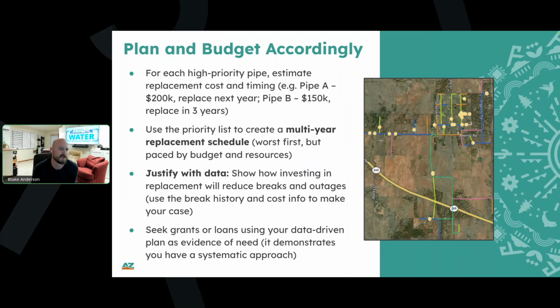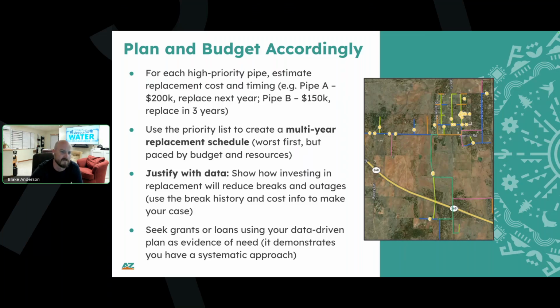And so for each of these priority sections of pipe, you need to come up with a cost to replace it and decide ideally when you should do it. So maybe your number one worst main should be replaced next fiscal year, number two the year after that, and so on, depending what you can afford each year. That kind of gives you a framework for budgets, for trying to figure out how you're going to pay for stuff, but also helps you to do the due diligence and planning and design and engineering on the front end. That way you can start getting projects to roll one after another.